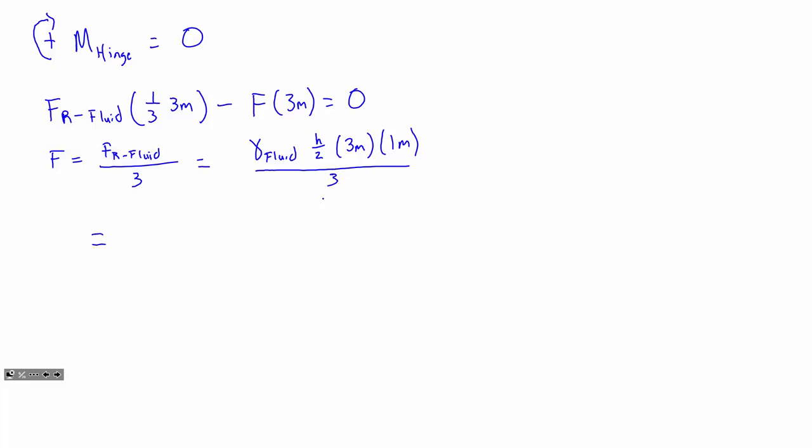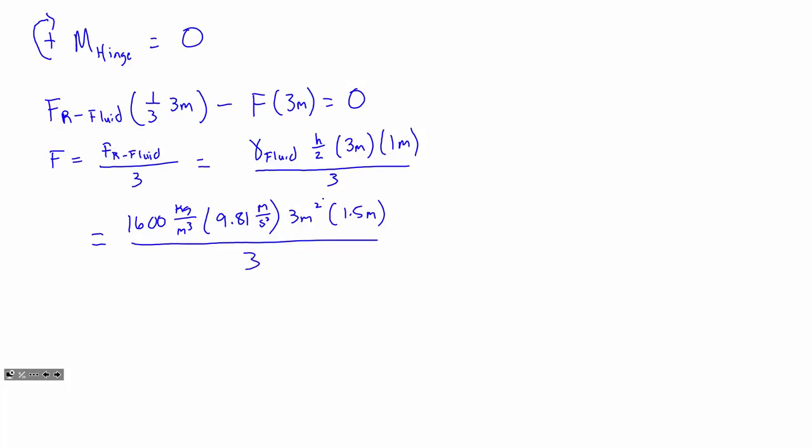So this force is going to equal the density, 1,600 kilograms per meter cubed, and gravity, 9.81 meters per second squared. Again, we have to multiply by gravity to get gamma, the weight of the fluid, times 3 meters squared, which is the cross-sectional area of the gate, times h over 2, which is 1.5 meters. Again, we divide all this by 3. So what we end up seeing is that this is going to equal 23,500 newtons,